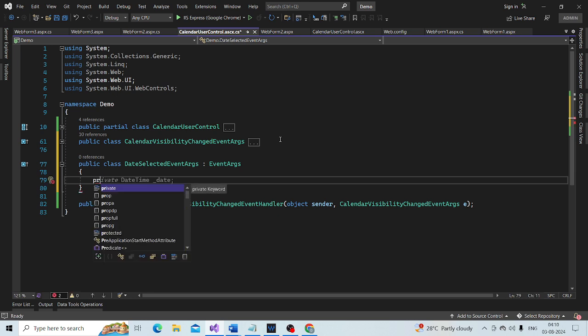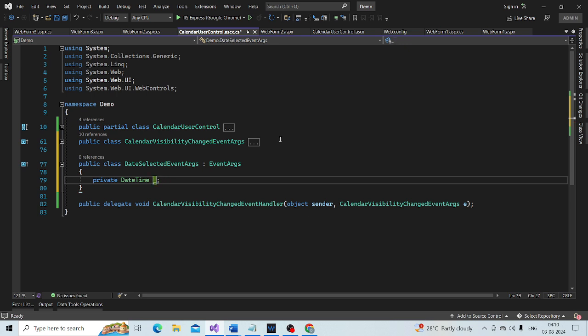I am going to create a private variable of DateTime type, and I am going to call this _selectedDate.